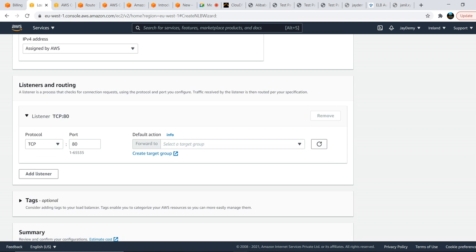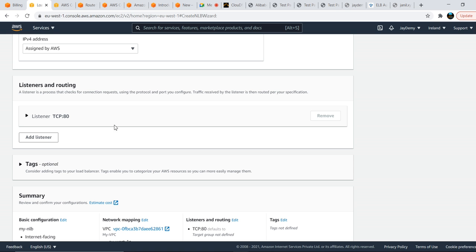And if you see here, you can use any port with this load balancer. By default TCP is 80, but you can use ports 1 to 65,535. Assume you are creating a server backend that needs to be listening only on port 22, just to connect via SSH. You can use this load balancer to connect. Forward to, no resources to display, because there is one target group, but where is the target group? Listener,